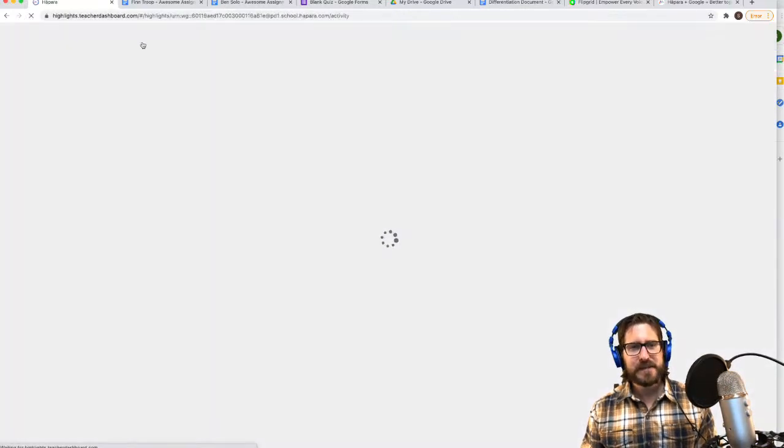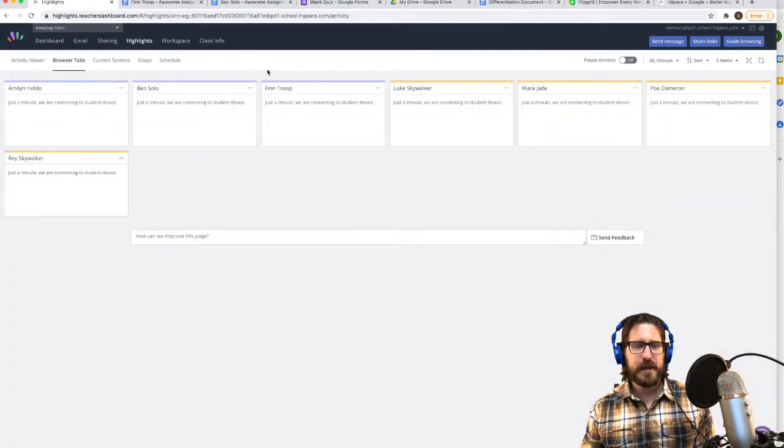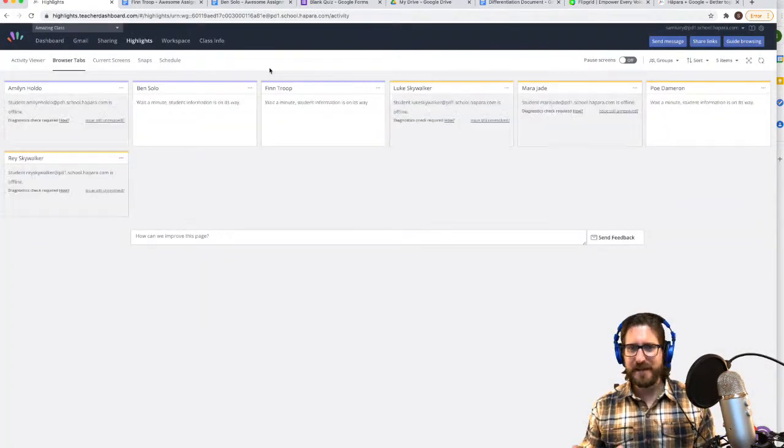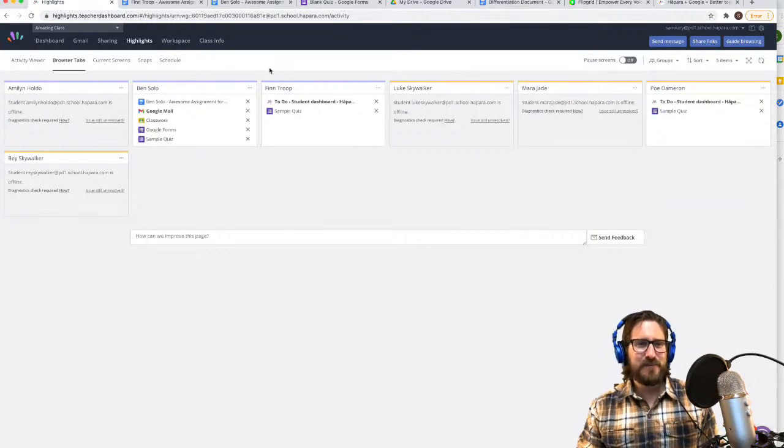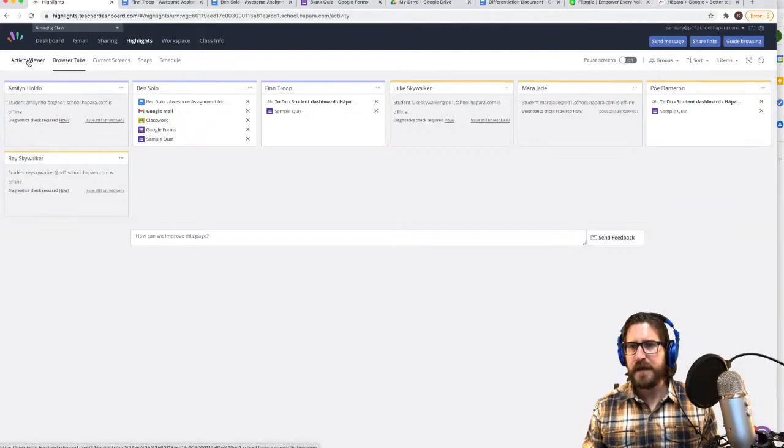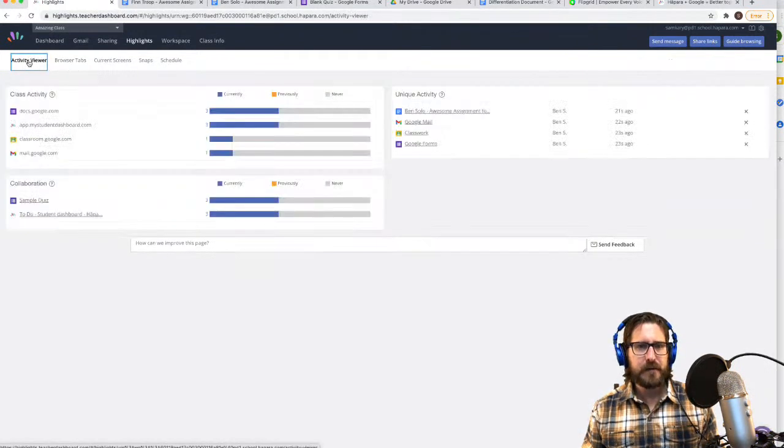Now, the highlights tab is the one that teachers tend to kind of, I think, be the most blown away with. I know that's what blew me the most away when I first started seeing how Hapara works, and also started using it for myself. So here, what you can see on this activity viewer, you can see all of your students in